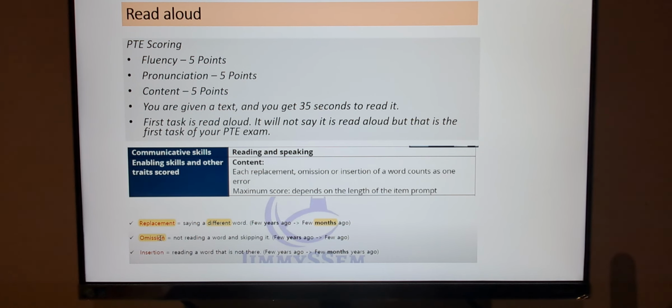So I would request you not to replace any word or skip any word on purpose, right? If you do it by mistake, that's okay, but don't make this your strategy that you're going to skip the word, you're going to add the word. Don't make that strategy and read the text. If you are doing that by mistake, that's okay, right? So moving on to the next,